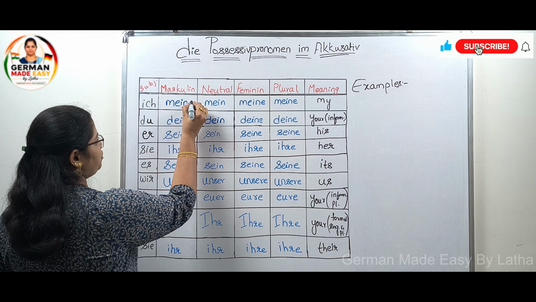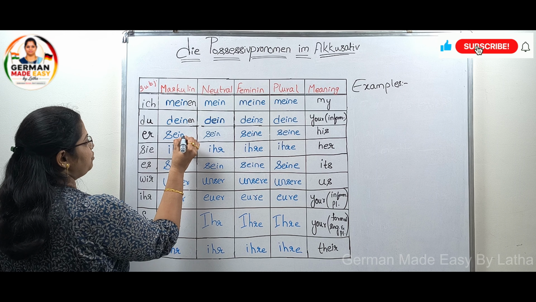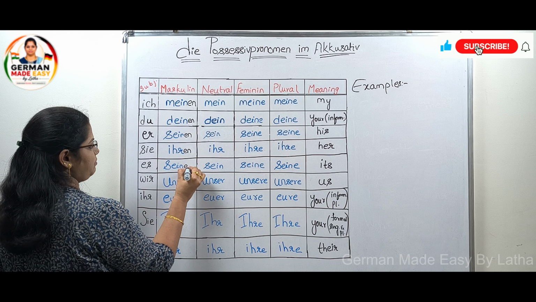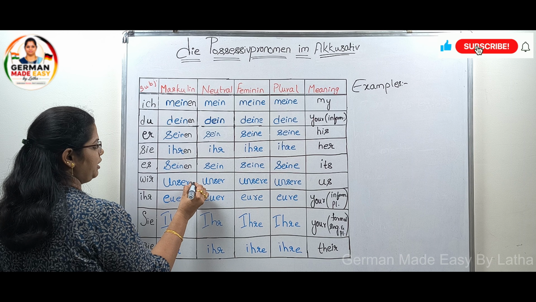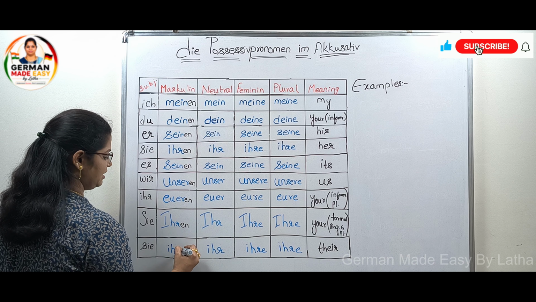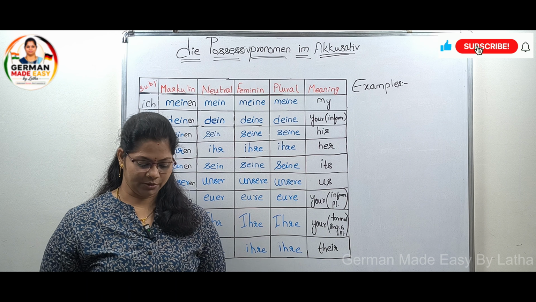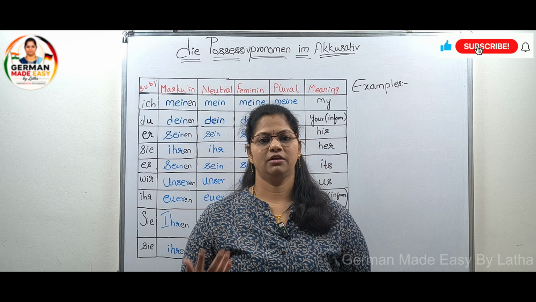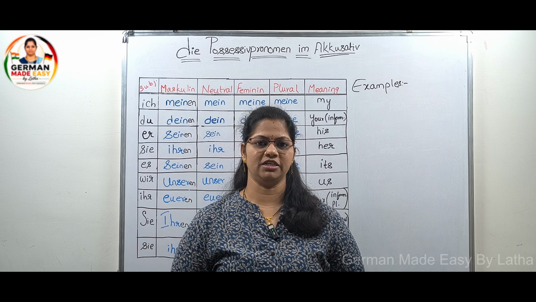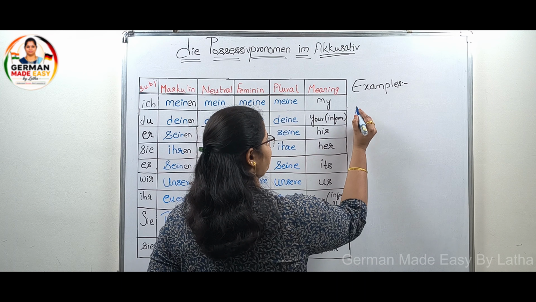So the modification we need to do is in the masculine column. The addition we need to do is add en to all the possessive pronouns that are in the masculine column. So instead of mein, meine, it is now meinen, and mein, meine, dein and deinen, and so on. This is the only modification that we need to do. That means we will be having a visible difference only when the common noun happens to be in masculine gender and it is in accusative case. For example, we can say